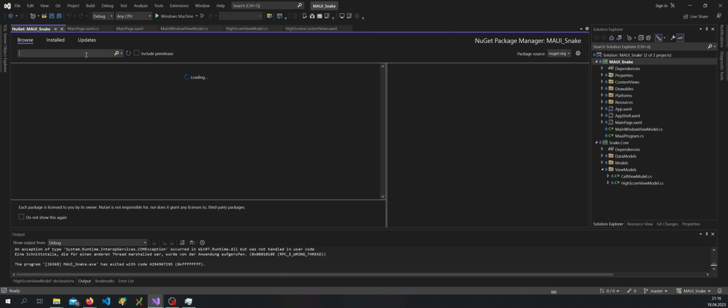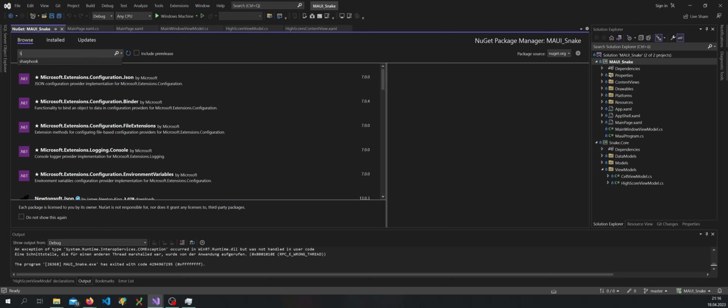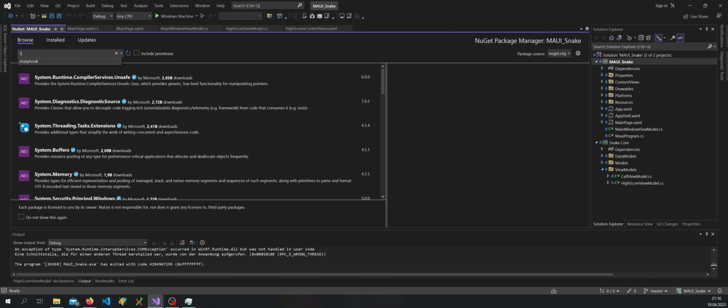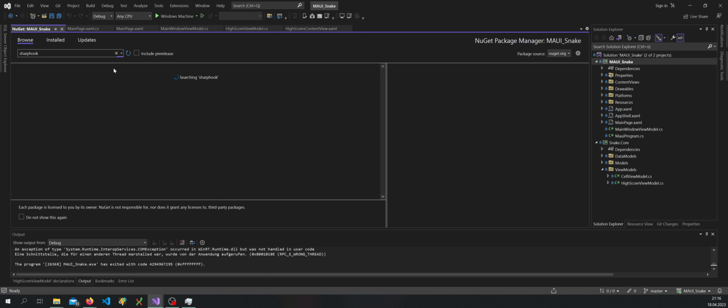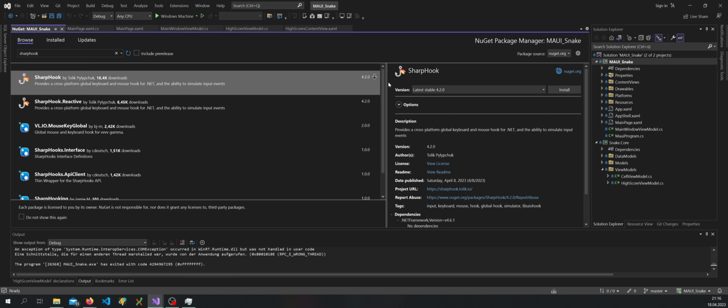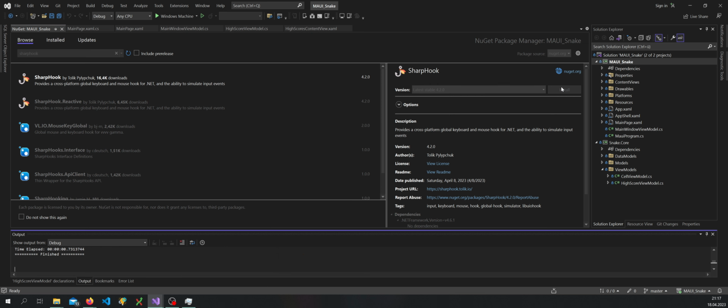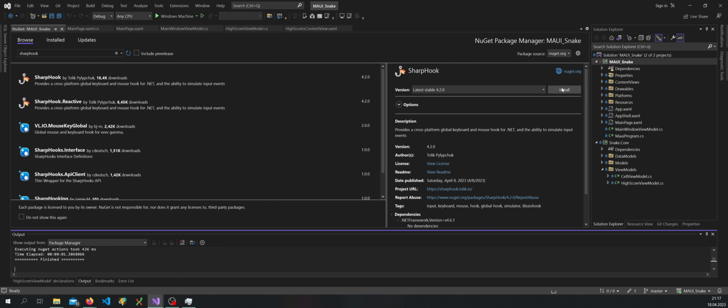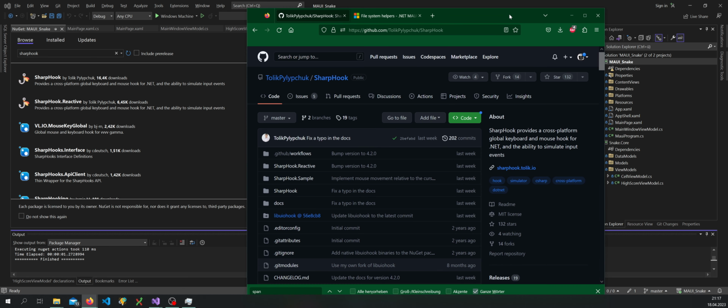This package is called SharpHook. We'll take the top one, not the reactive one, and install it. Click install. While that's installing, I pulled up the GitHub